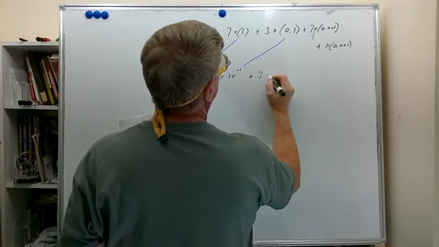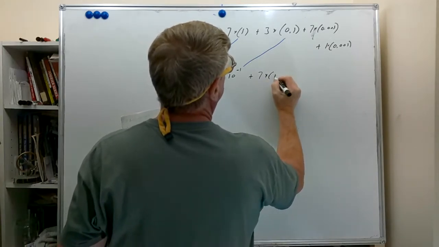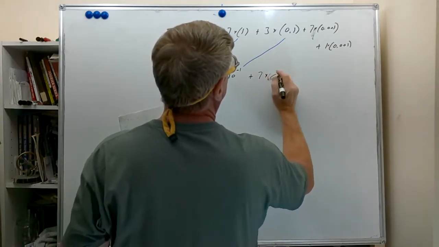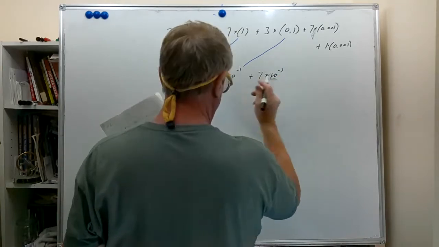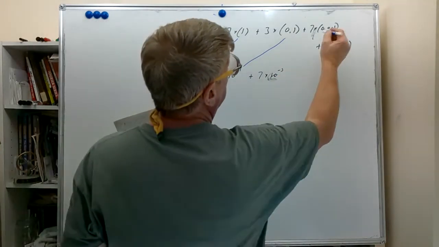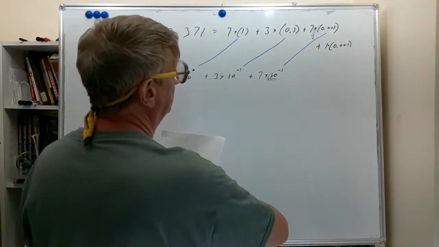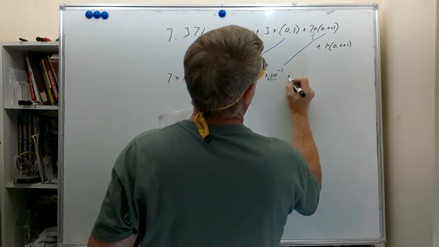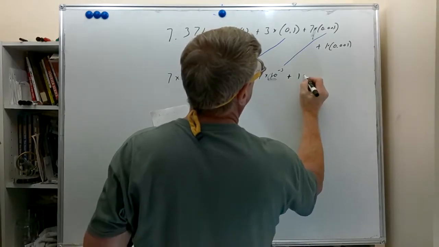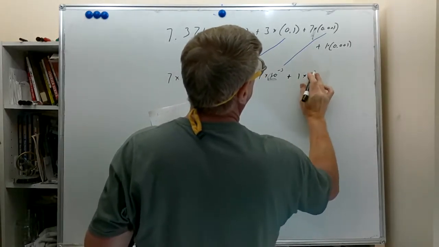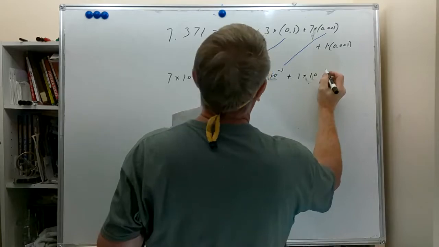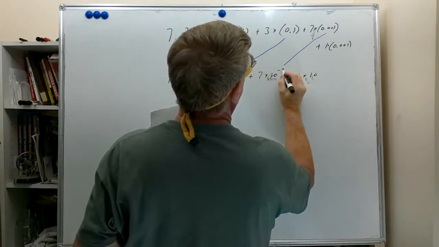Plus 7 times 10 to the negative 2nd, which matches up with this 0.01. Plus 1 times